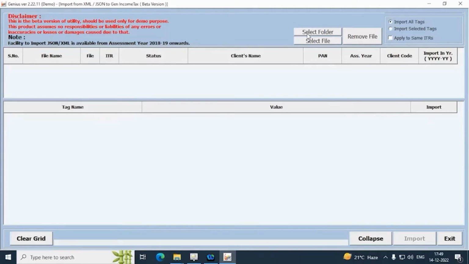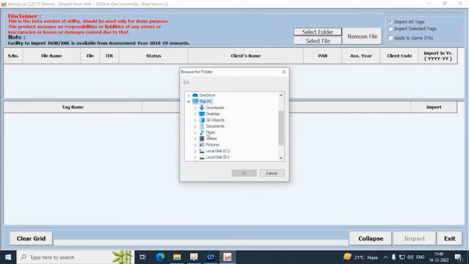If you want to import more than one XML JSON into the software, you can do this by selecting the folder option, and if you want to import one XML JSON, you can do so by selecting the file.